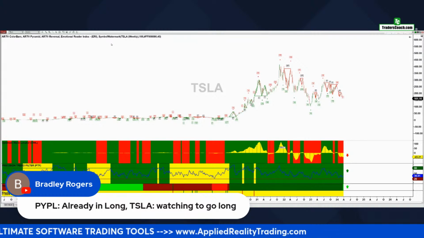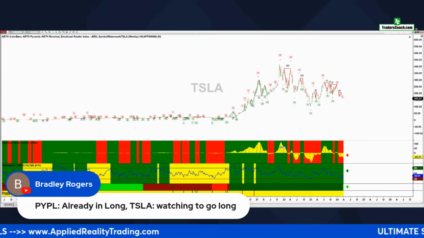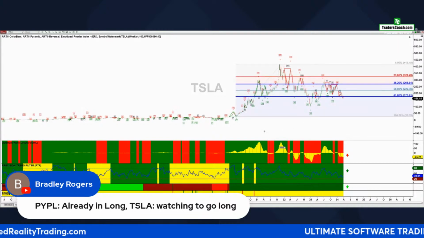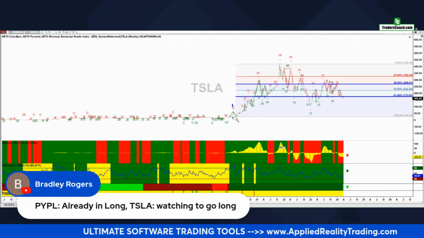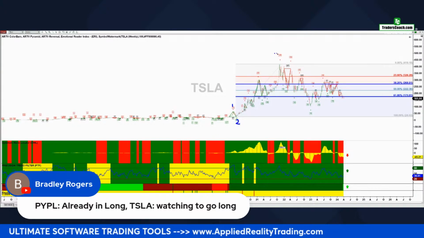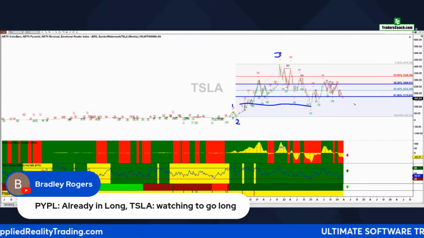So we want to take a look at that. Let me just run some fibs here to see if we've got a problem. Yeah, this is pretty low here. It has not gone below, it has not gone into wave one. So if this is a 1, 2, 3, this technically could be a 4 because it has not gone into 1, just a very low.